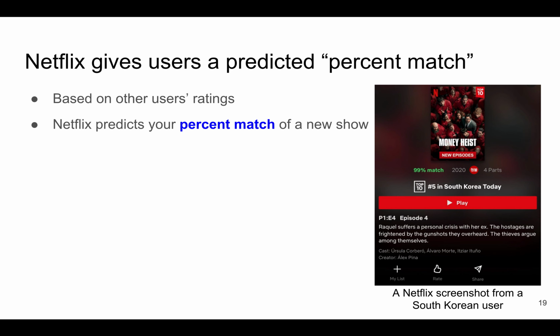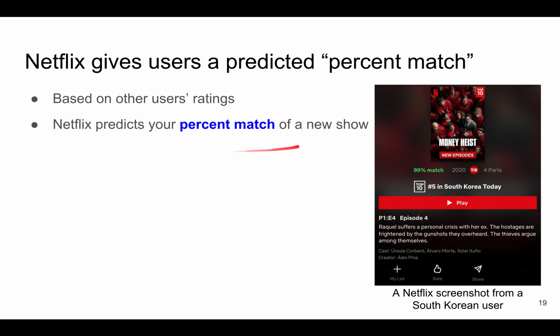In addition, in terms of the recommendations, Netflix will calculate a predicted percent match for every movie or show. And this is basically based on other users' ratings for users who are similar to you, and shows that you have rated so far.